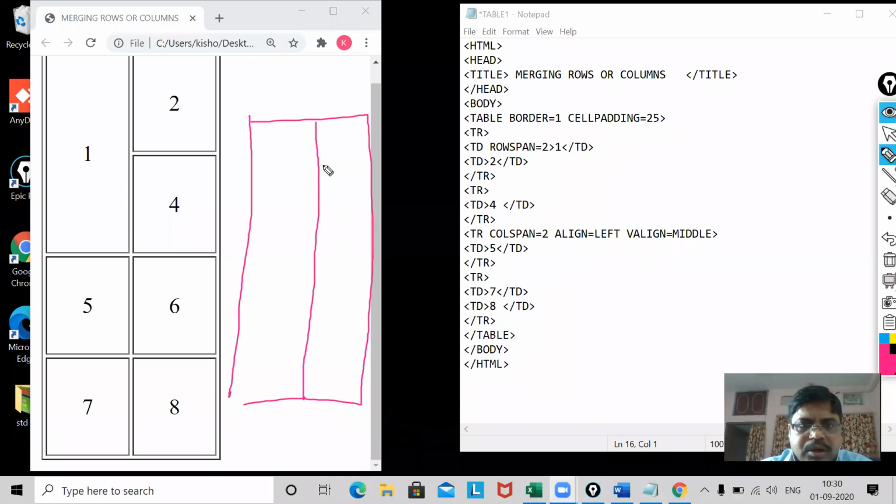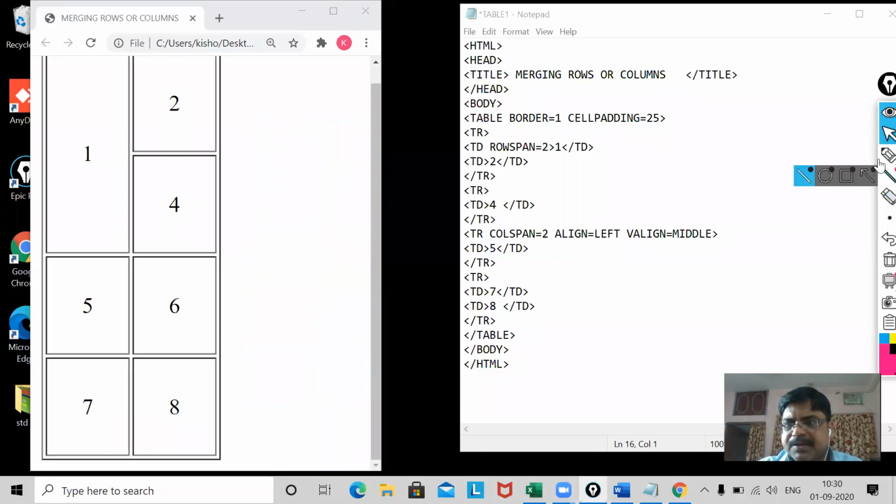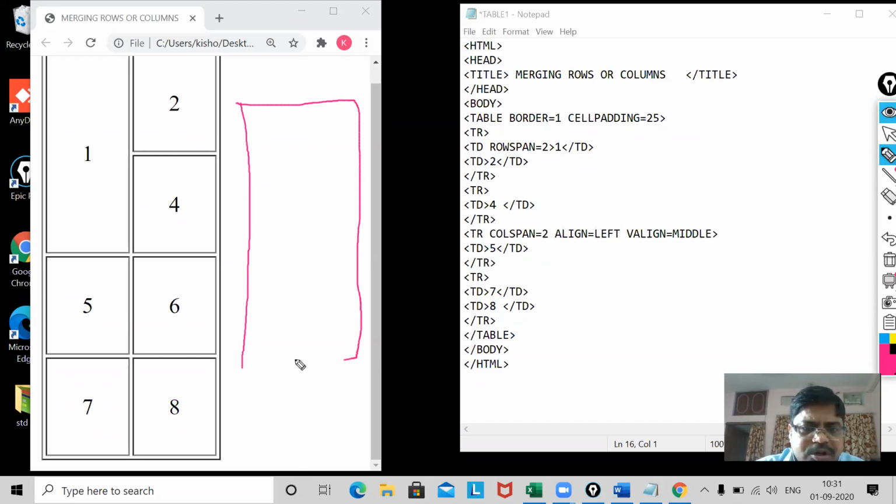Now it will have 2, 4, and then here it will draw the line. Here 5 and 6. Wait, I have made a mistake here. So again I have to draw. This is my exterior border. Okay.